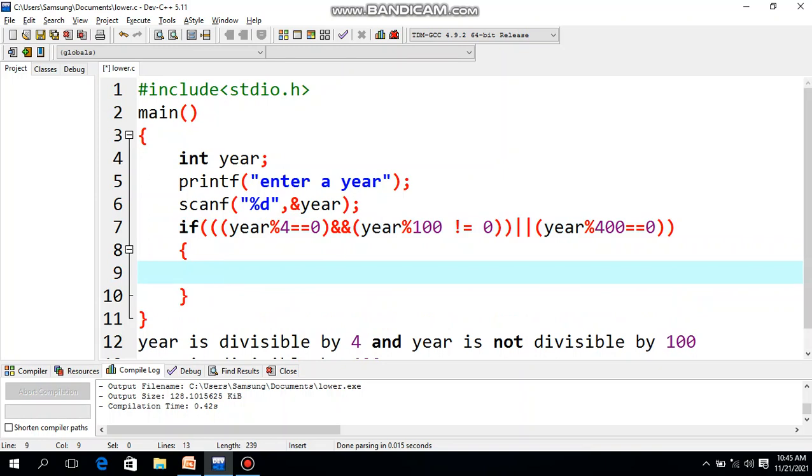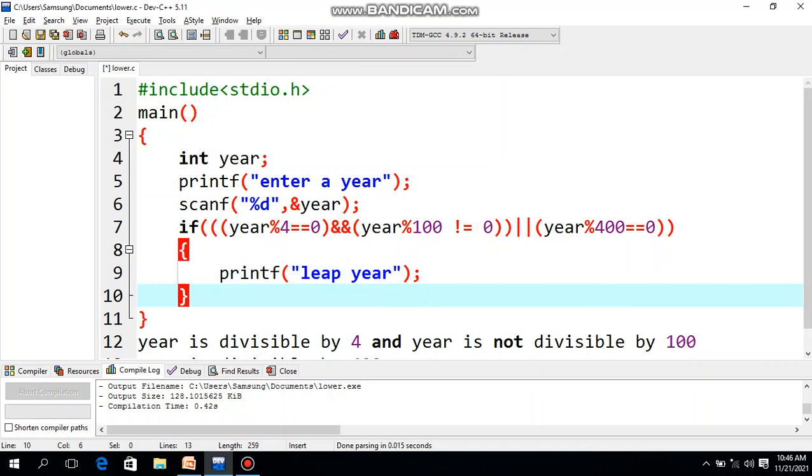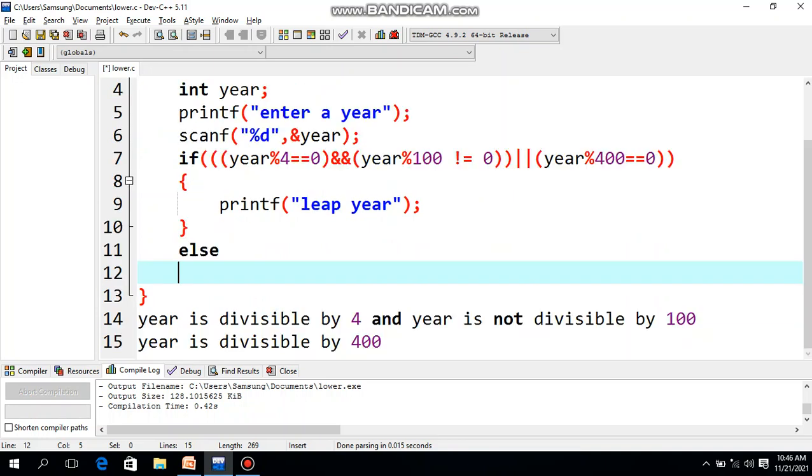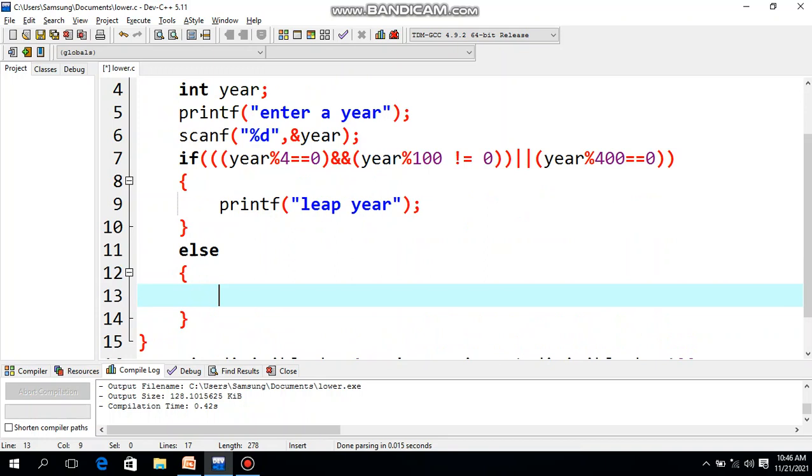Leap year. So I'll write printf, double quotes, leap year. Else, if this condition is false and this condition is also false, then what are we going to write? printf "not a leap year". So this is our program.